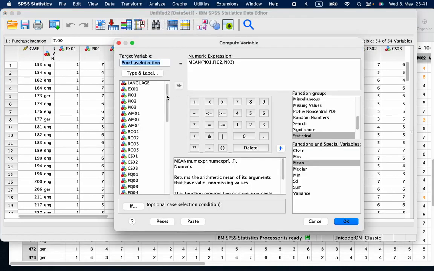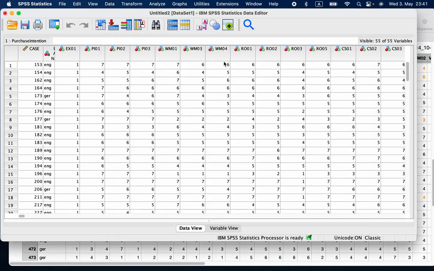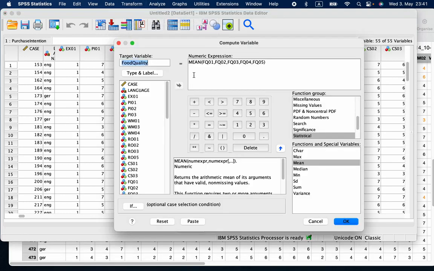So let's go with the independent variables. So I have, for example, the food quality variable. So I just comma, and then I rename it, so food quality. Let's make 2 others. So I have also service quality,